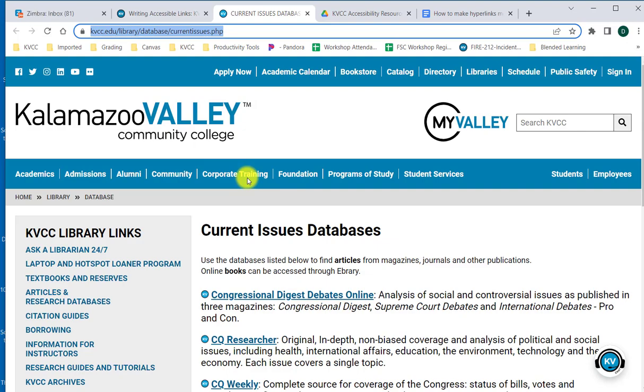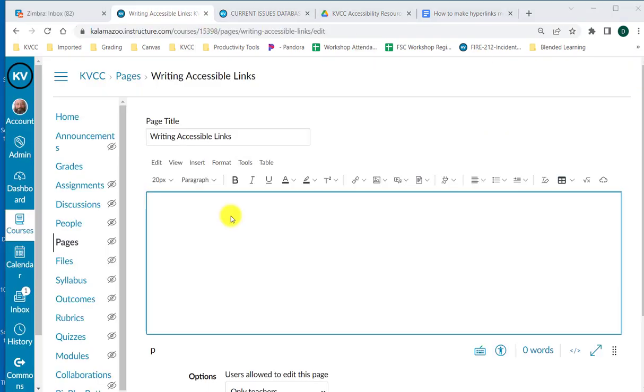There are a variety of ways. In this instance, I want to share the link with them within the instructions. So let me go back here. Well, first I'm going to copy the URL since I want to share that with them. And I'm going to write a brief statement letting them know